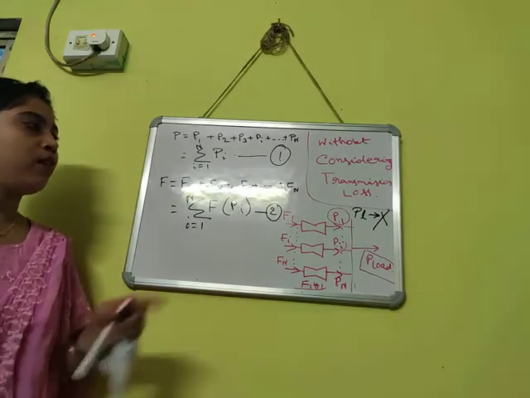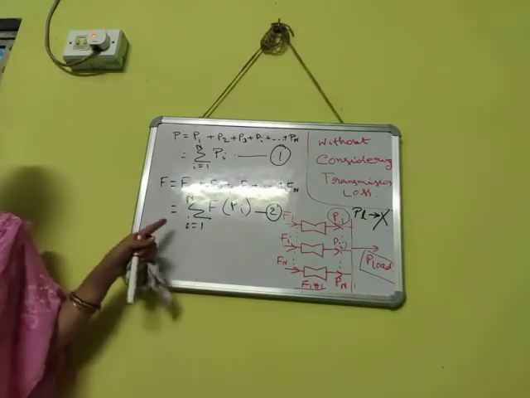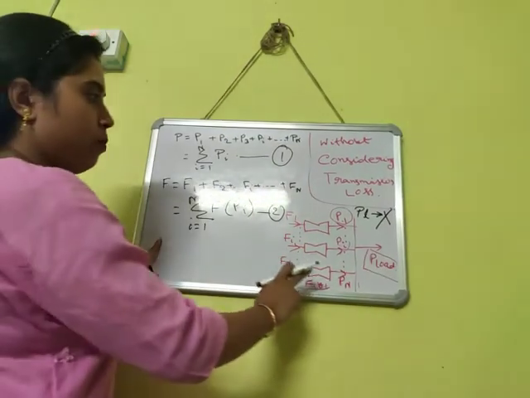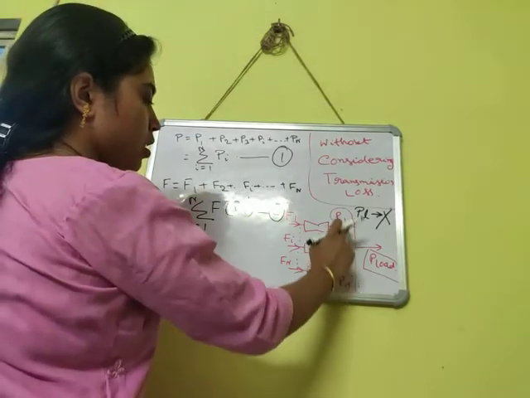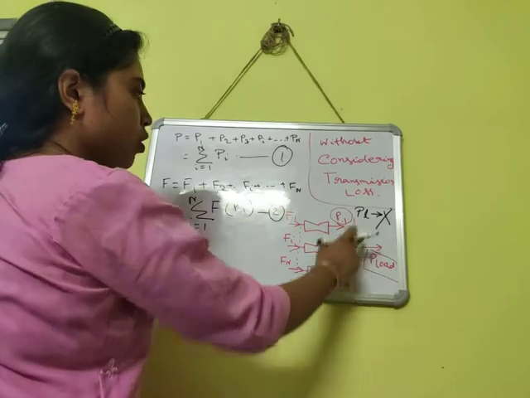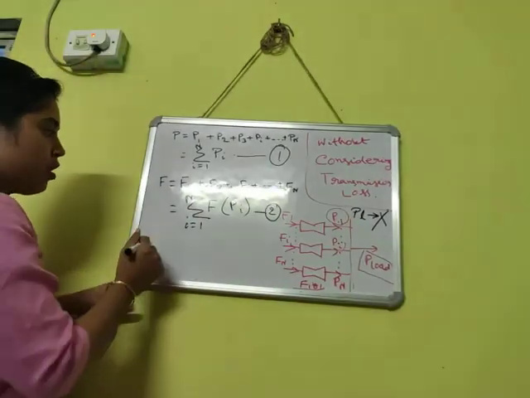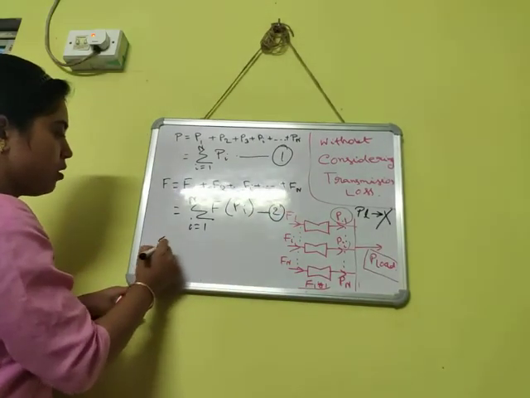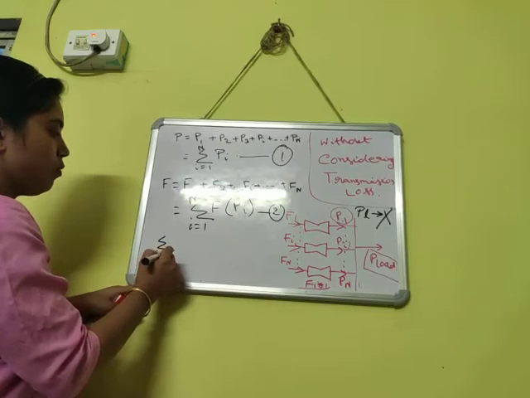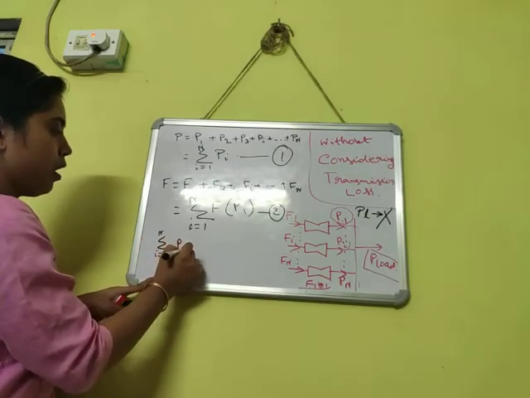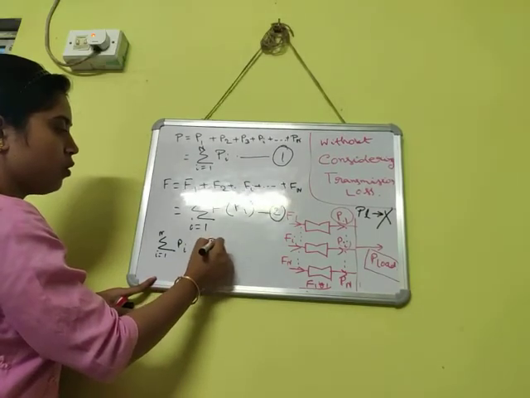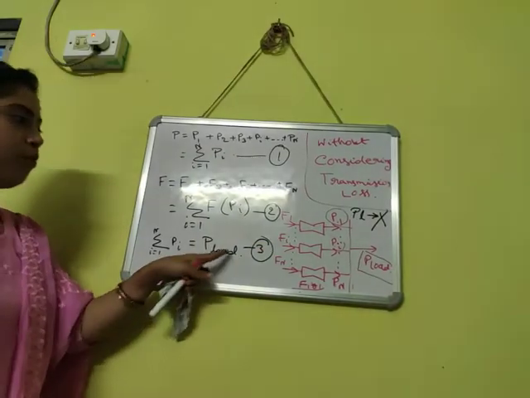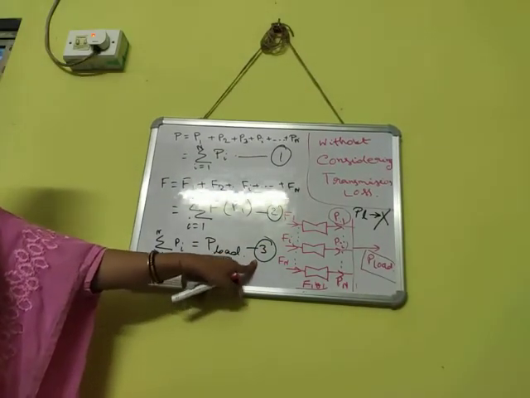Now, what is the constant over here? The constant is that the sum of output power, that is P1 to Pn, is equal to the demand, because losses are not present. That means the constant is summation of i equals 1 to n Pi equals P load. That is our constant over here, which is represented in equation number 3.